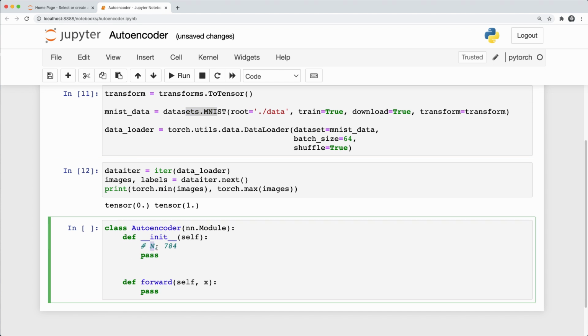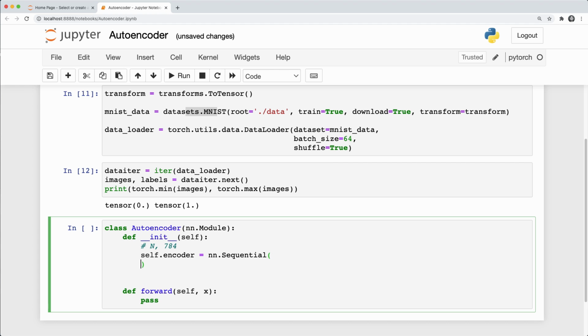And n is our batch size. So now we want to reduce this with a few linear layers. And a good way to structure your code in an autoencoder is to use a sequential model. So first we create an encoder, and this is a